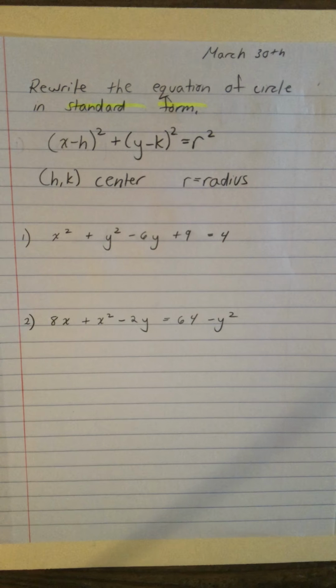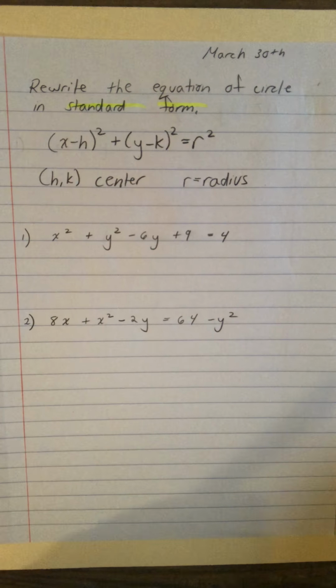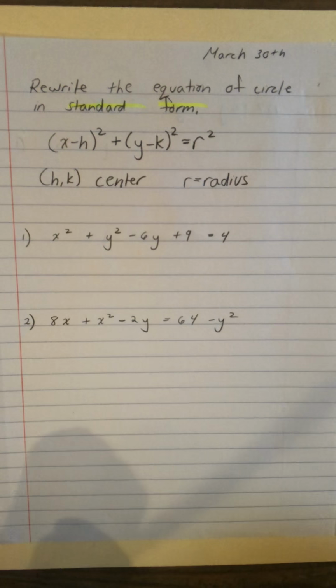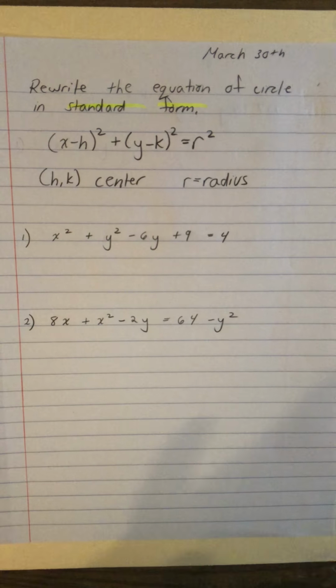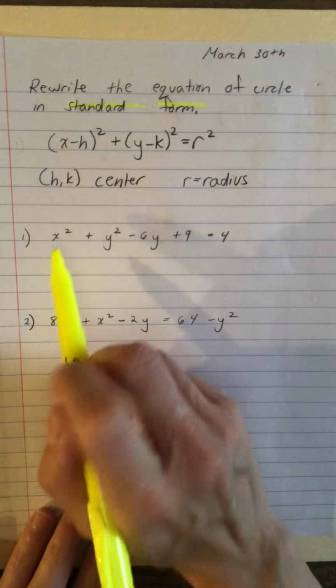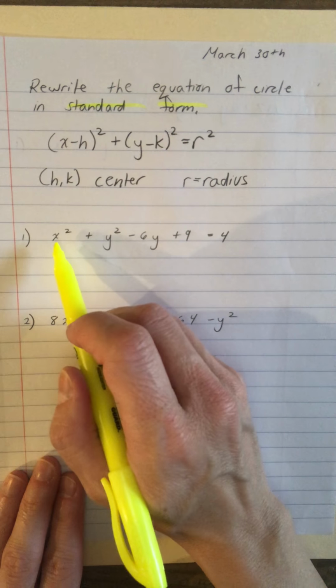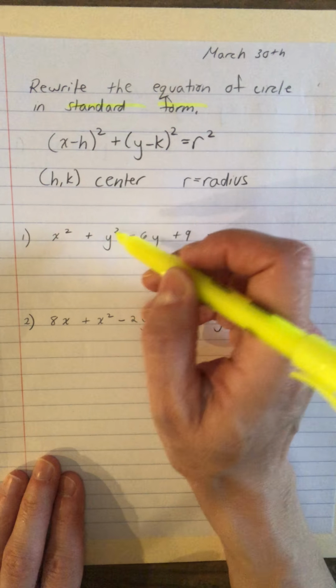So that is our formula that we've worked with. Now, it's nice that I've been giving you the equations of a circle in standard form, but we're going to look at what happens when you're not given the equation of a circle in standard form. So this is example number one. Number one is not in standard form. All right, guys? So what we have here is an equation of a circle that is not in standard form. But if I look right here, I have an x squared, and then I have this y squared